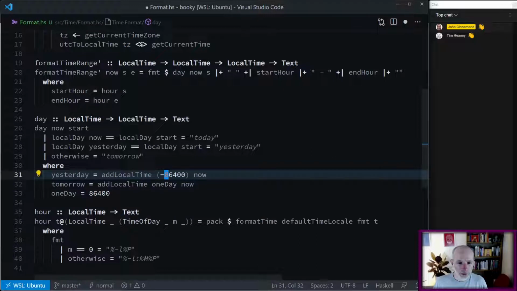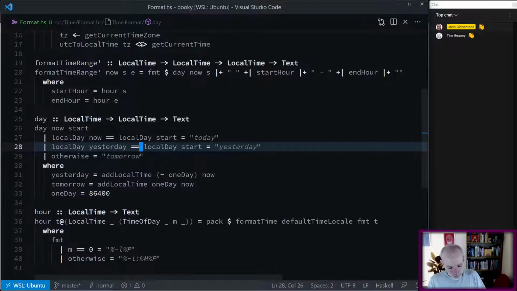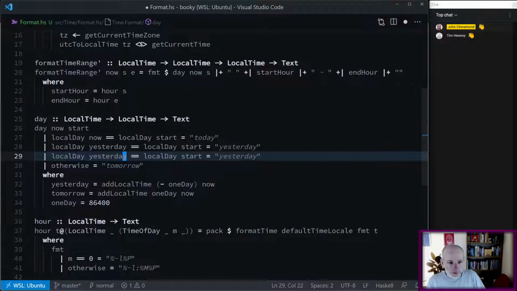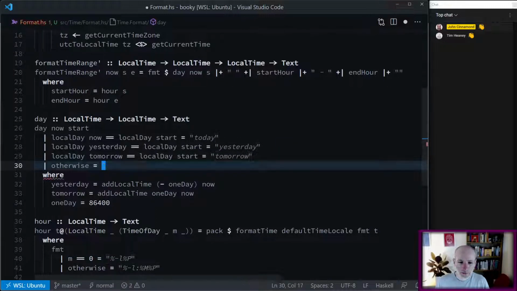And this will be minus 1 day. Okay. Oh, don't do that. So if tomorrow is equal to that, then we say tomorrow. Otherwise, we say